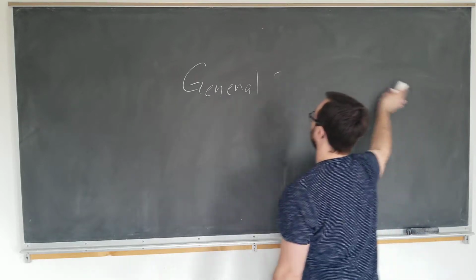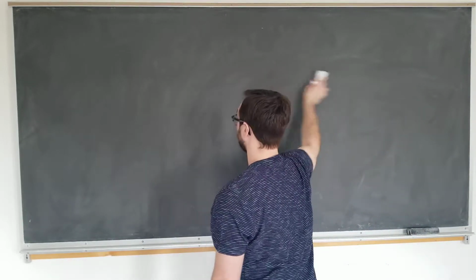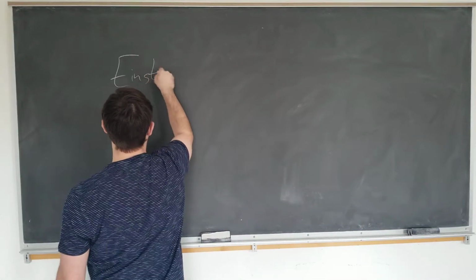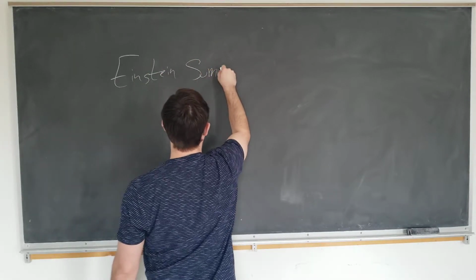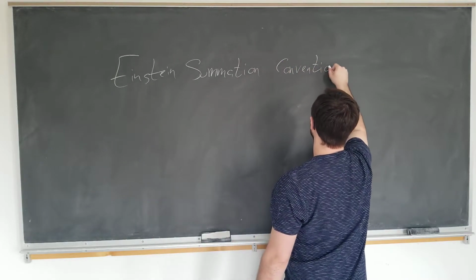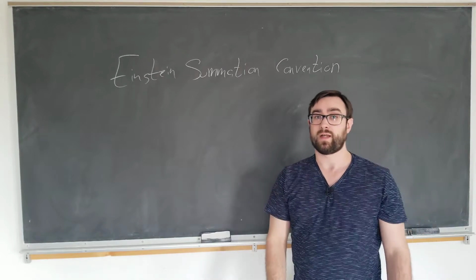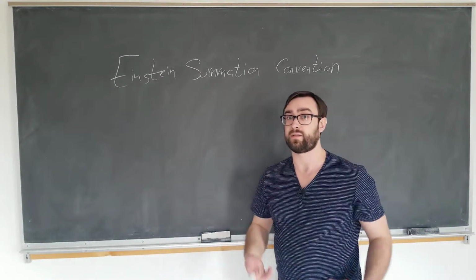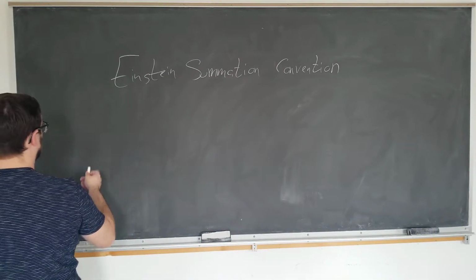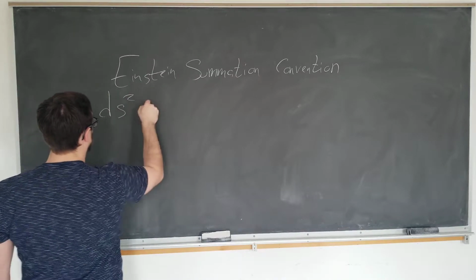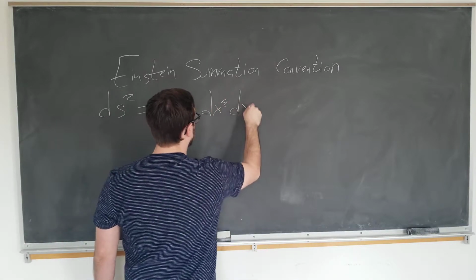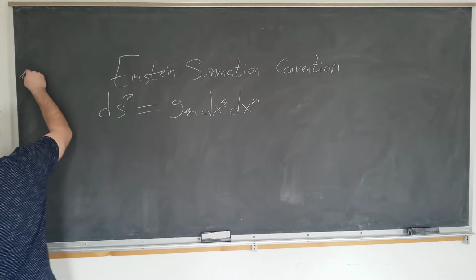Okay, so throughout this video and in GR in general, we are going to be employing Einstein's summation convention. This is the convention that if we have a series of repeated indices, they are to be summed over. So an example of this, if we have the metric for flat space, or just a metric at all, an ordinary metric is written as g mu nu dx mu dx nu, where we have mu and nu